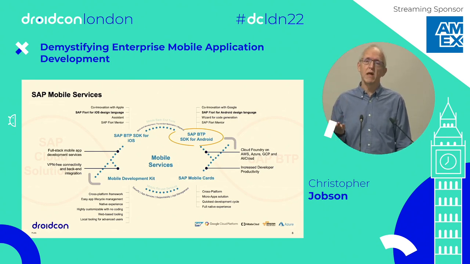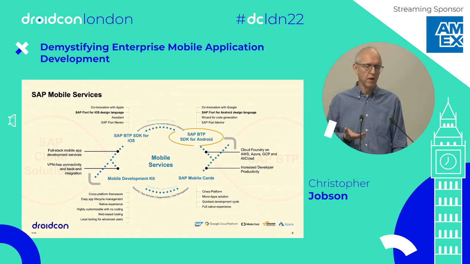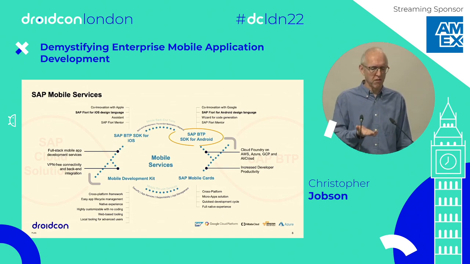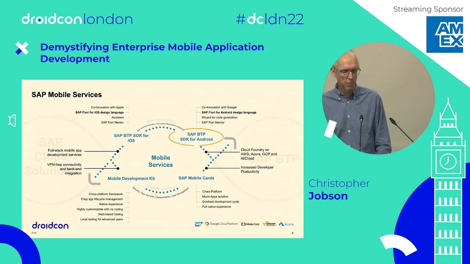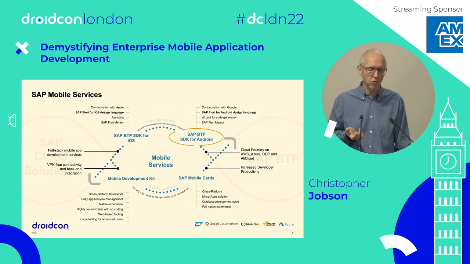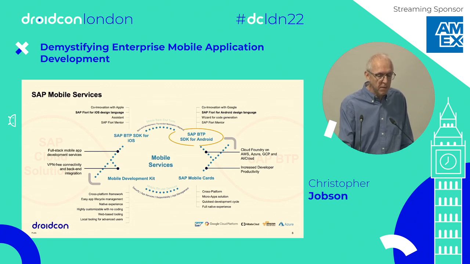So obviously, if you're working on Android, we have an SDK targeted at Android users. If you're building it for iOS, then obviously we have an SDK for iOS consumers. If you're building something more cross-platform, we also have cross-platform development tools, something like Mobile Development Kit, or even template-driven solutions around something like mobile cards, which I'm not really going to go into at all here. But we have a wide range of tools and support for building solutions that run on mobile devices, even completely no-code solutions as well. But today we're just going to drill down a little bit more into the SAP BTP